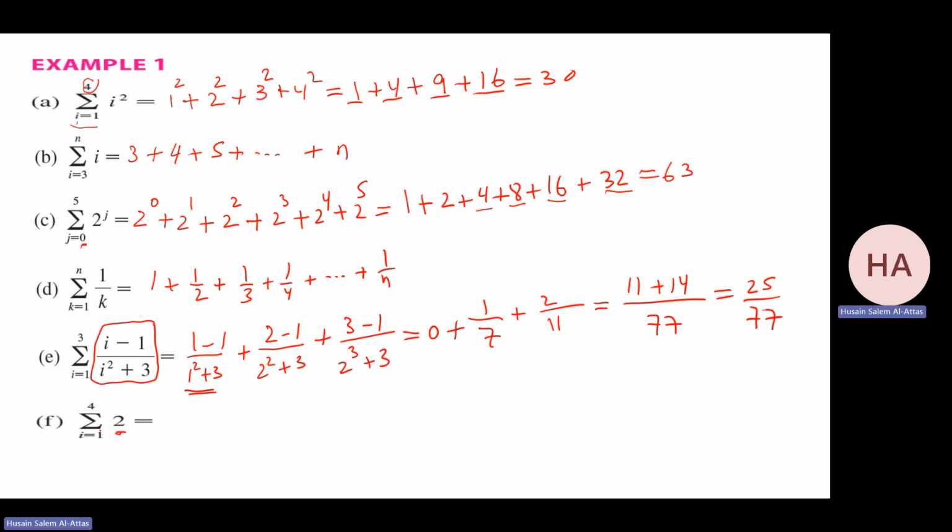Okay, this one. When i equal 1, it's 2. When i equal 2, because there is no i, it will be